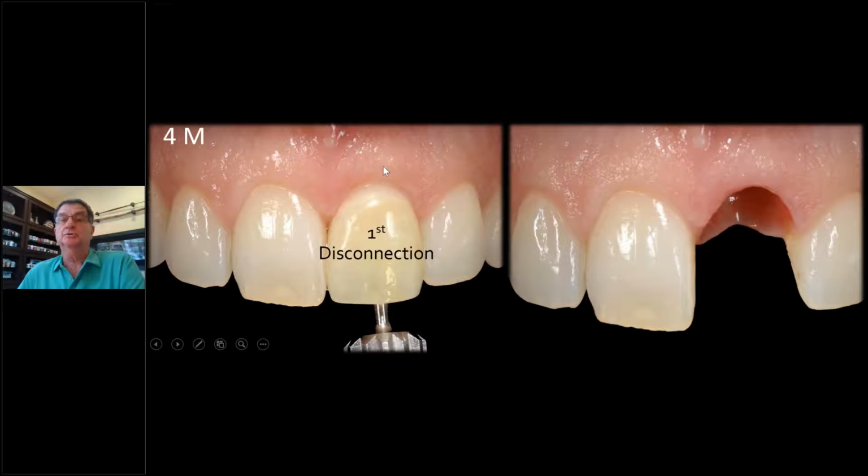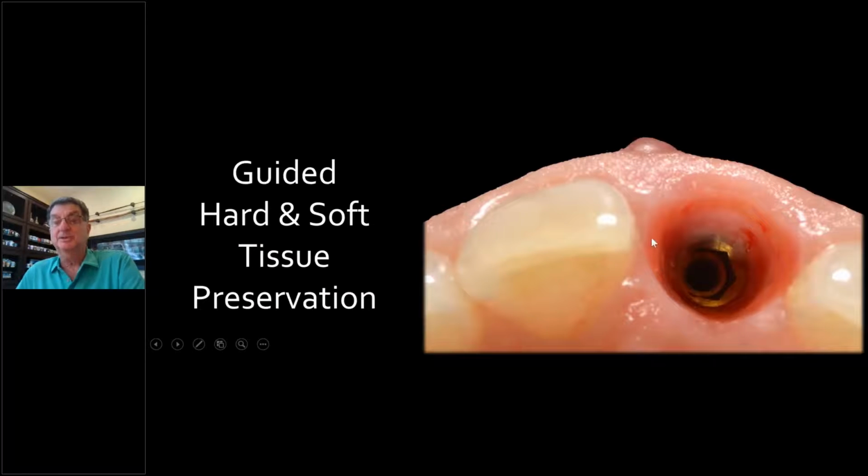And there's the beautiful tissue, and there's what we see. Now, when we take it off, we sometimes see bleeding, and that's actually good. We published on this. Won't have too much in the short time we have. Won't go through too much of this. But when you see bleeding, that means the epithelium actually adhered to the temporary.